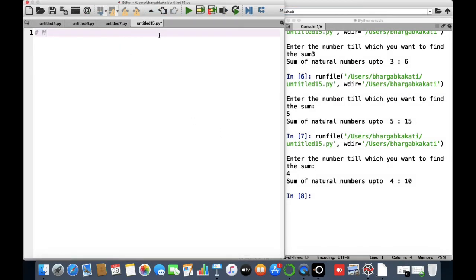So what we will do, we are going to find out the multiplication. We are going to print out the multiplication table. For that, at first we will ask the user for the number for which the user wants to print the multiplication table. So let's take it as n equals int input,